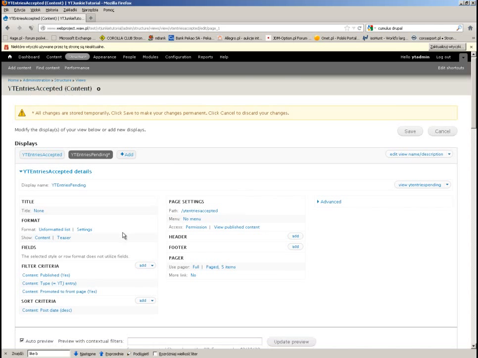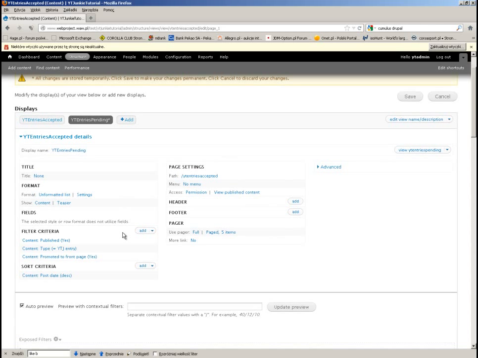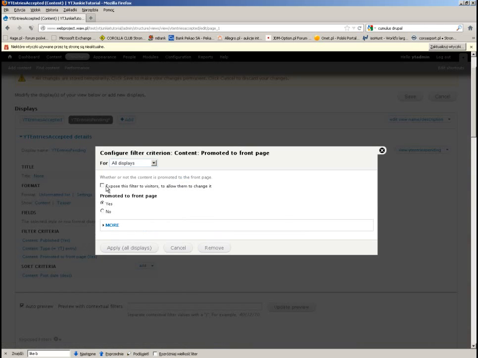And now the pending view will differ only in one aspect, right? So I want it to display only those items that have not been promoted yet. So I will change it to no, but because I want to apply this change only to my entries pending view,